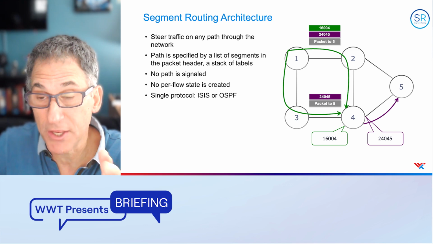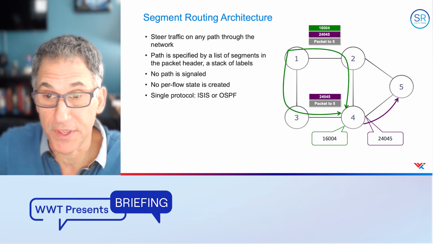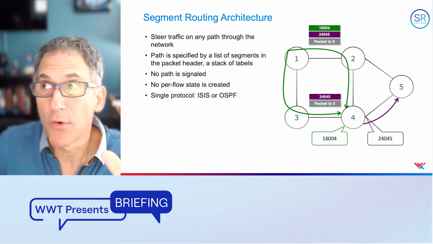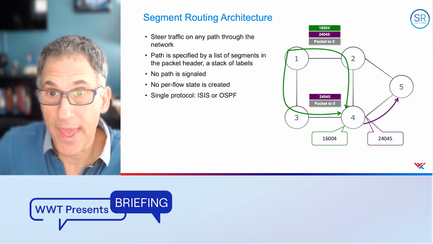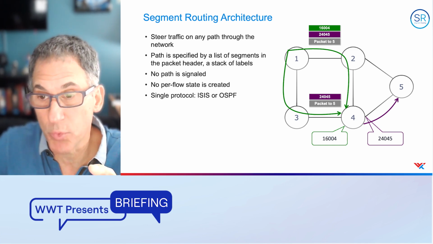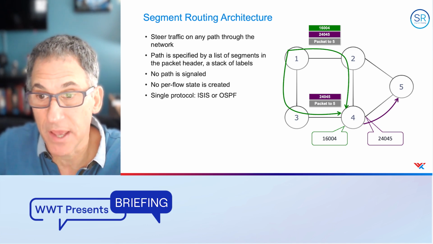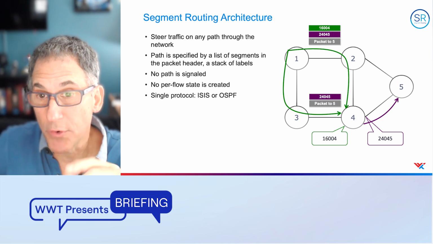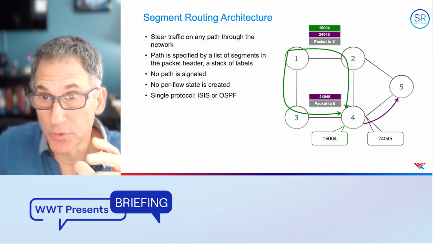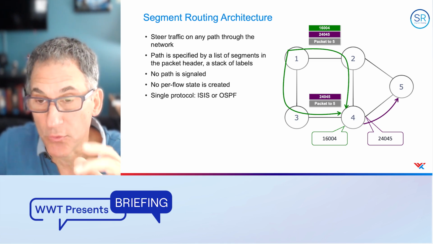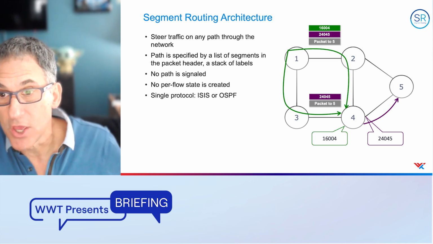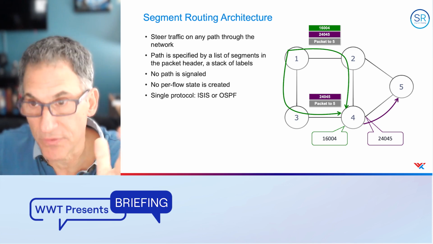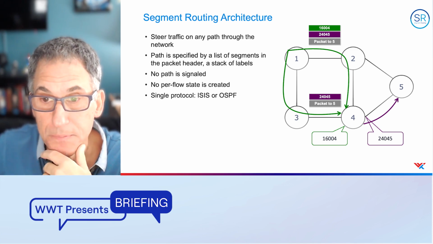Now, those dynamic adjacency labels are locally significant, which means they're not in the FIB or TCAM space or forwarding memory on a router's line card, which means it doesn't waste resources. It's just in the database of ISIS and OSPF, but it is in router 4's FIB. So when router 4 advertises it to router 1 and 2 and 3, he's saying, hey, if you want to send a packet or force a packet out my interface to router 5, use this label 24,045. Now that's dynamically assigned. The 45 is just to make it easily readable here.